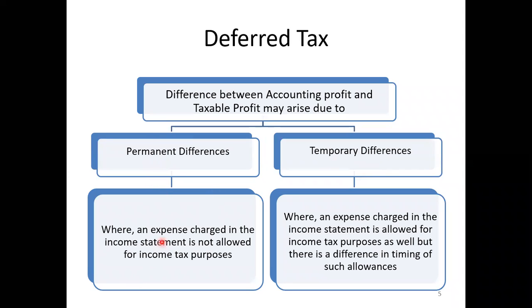Permanent differences are where an expense charged in the income statement is not allowed for income tax purposes. Can you tell me an example of expenses which are not allowed to be deducted as an expense for tax purposes? If anybody of you,